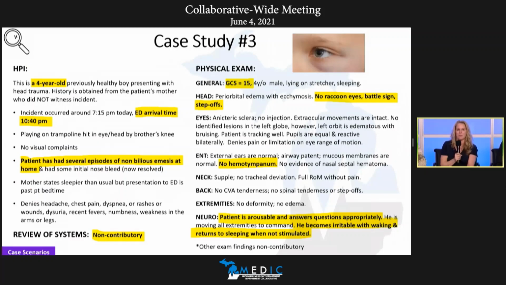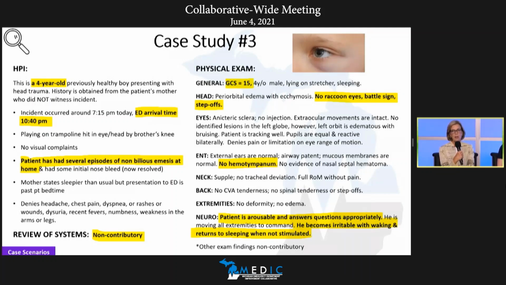We're going to start with Michelle now, since this is our pediatric head injury case. Thanks, Carrie. Like the other cases, this case was meant to have a couple of gray zones that we frequently see, so we wanted to talk this out and propose it to the group. This is a 4-year-old who presents to the emergency department with his mother after an incident on a summer evening, jumping on a trampoline. The incident occurred at about 7:15, but the presentation to the ED was about 10:40.